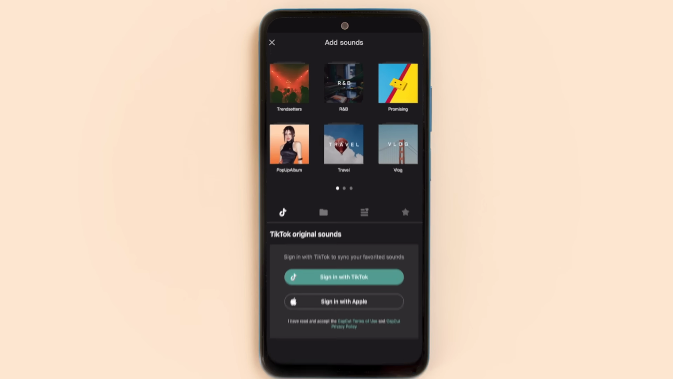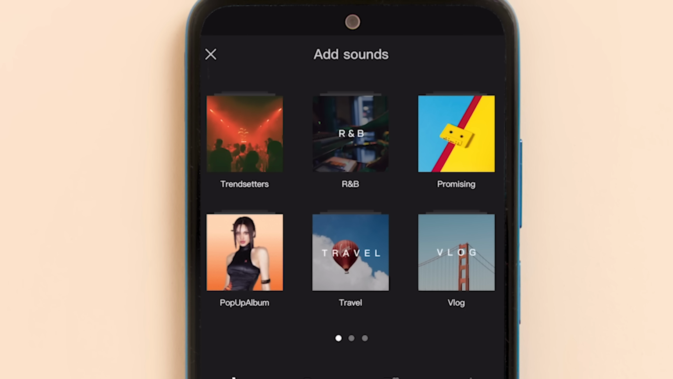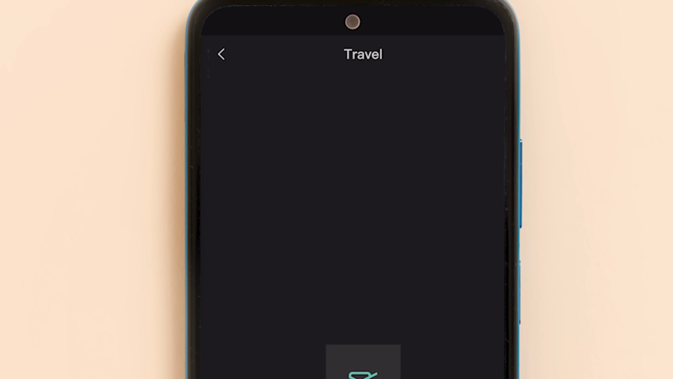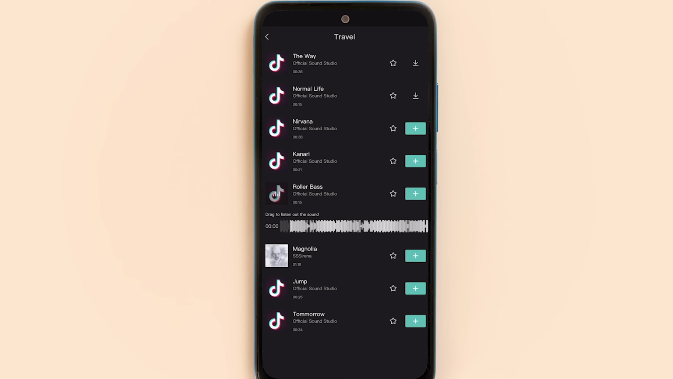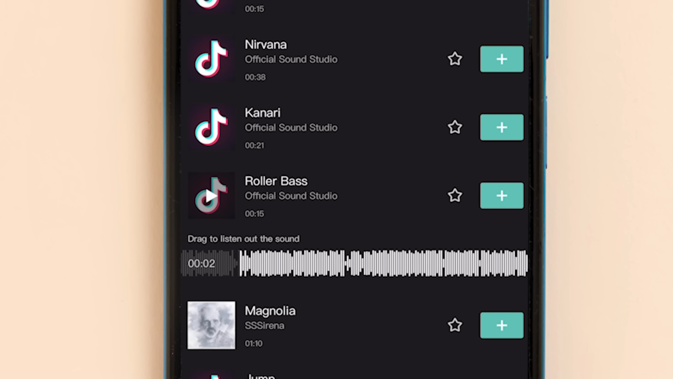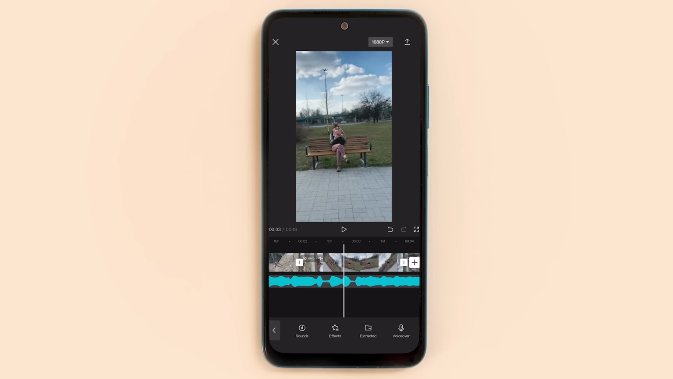Next, we can add some music to spice it up, and CapCut comes with its own in-app library. Tap the audio icon, and up at the top, we can browse by category. I'm just going to select travel. I like roller bass, so I'm just going to tap on the little add icon, and then I can scroll